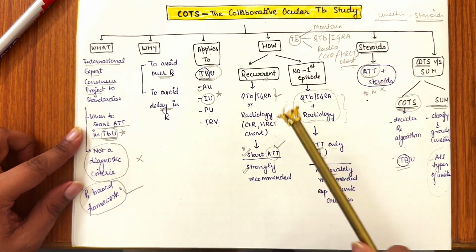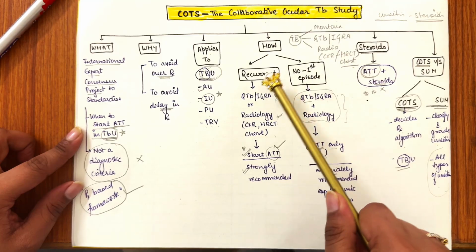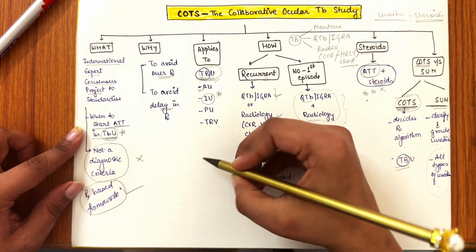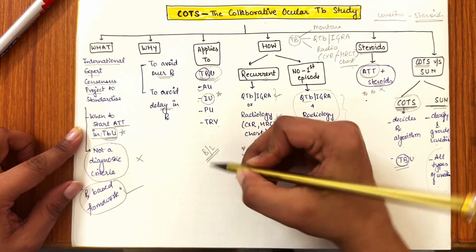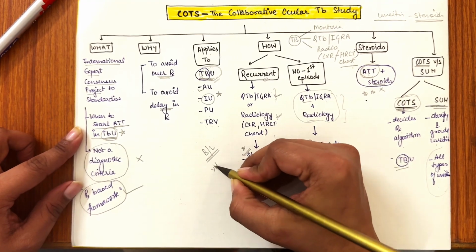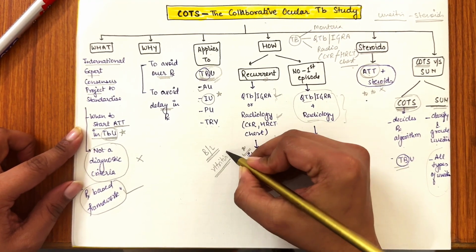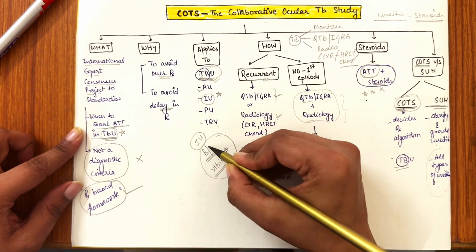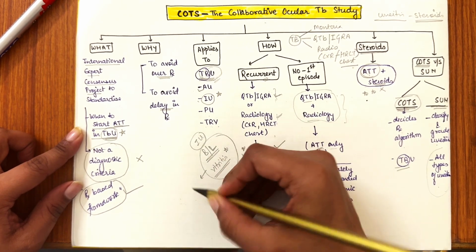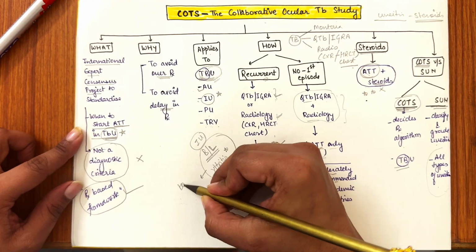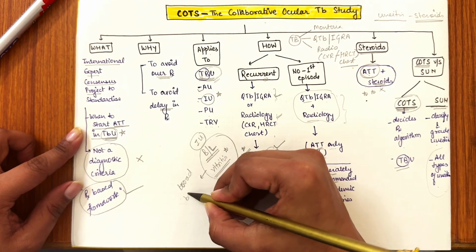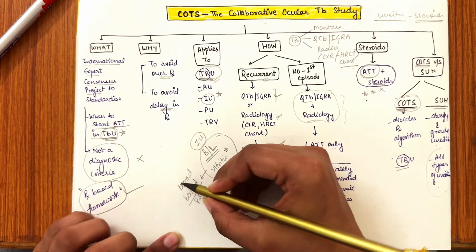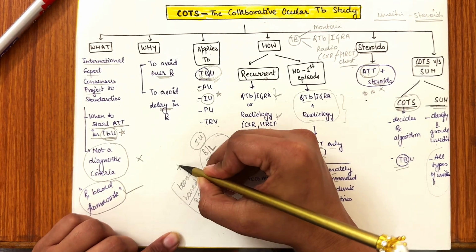In addition, tubercular intermediate uveitis usually presents bilaterally because it's a systemic disease, and it has severe vitritis also. So if it is intermediate uveitis with bilateral vitritis, and the posterior synechiae are broad based,